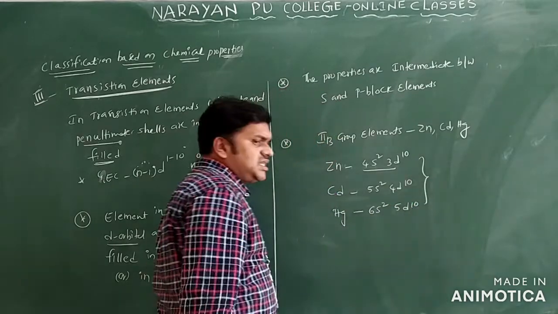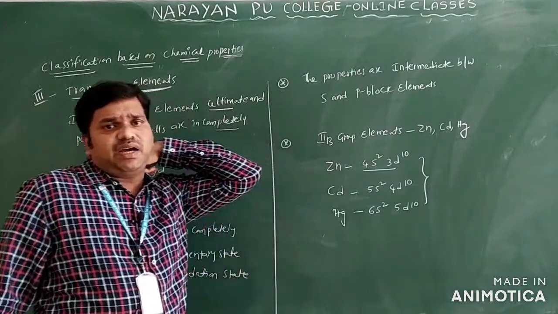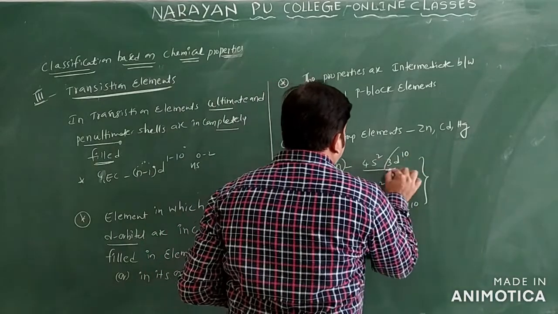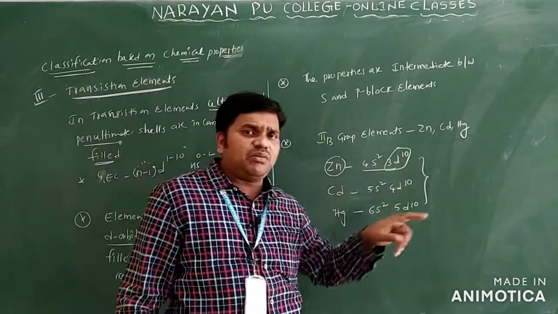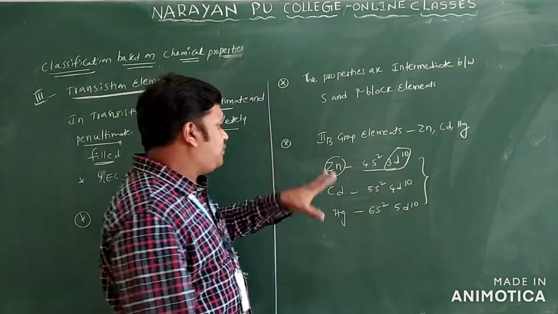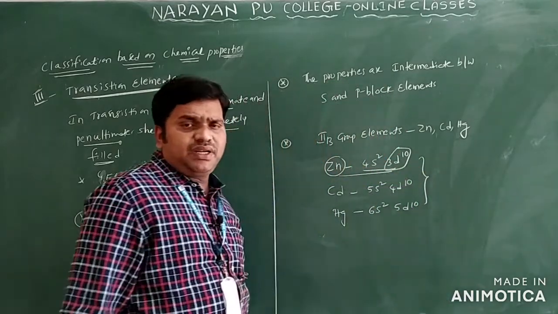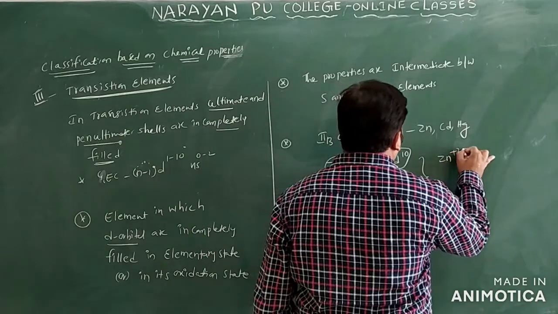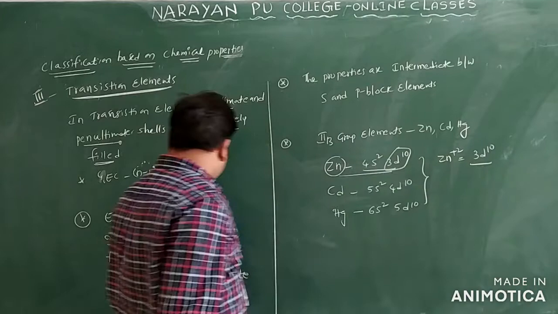Okay, now we'll see in these compounds both ns orbitals and (n-1) d orbitals are there. If we take zinc, what is the d orbital here? The d orbital is completely filled. D orbital can accommodate 10 electrons only, so it is completely filled. So if you want to write Zn, what happened here? D orbital is completely filled. I want to write here Zn2+. How will I get it? I will get 3d10 only.